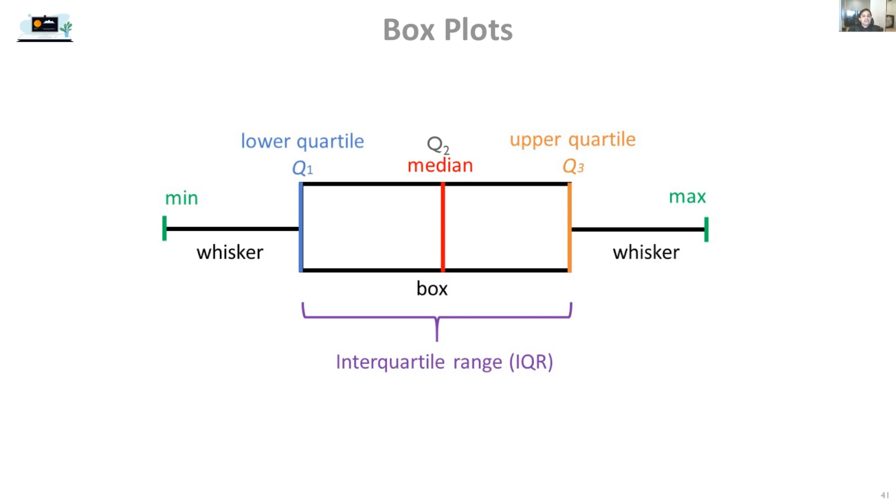The first and third quartiles give us information about the internal structure of our data, especially the part of the data that's centered around the median. The difference between the first and third quartiles is called the interquartile range, or IQR, and it shows how the data is arranged about the median. A small interquartile range indicates data that is clumped about the median, and a larger interquartile range shows the data